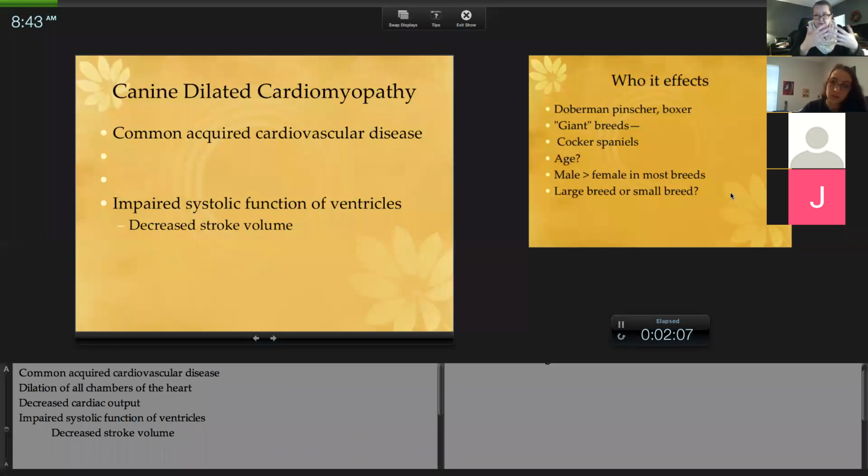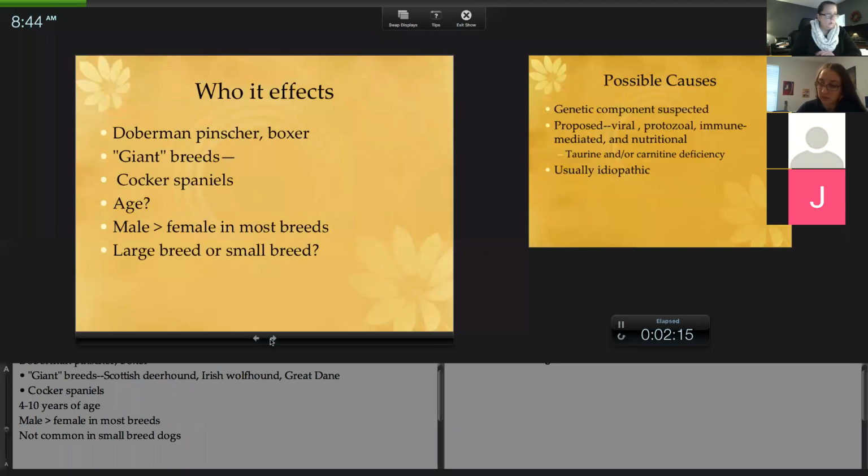So when we test for this, we test for cardiac output, we measure the heart rate, and then we try to determine why the heart is not putting out enough. And again, when you view this PowerPoint, you should be able to view it in the notes pages, and you can see extra notes. Breeds that we see this on, I'm going to say the number one dog we see it